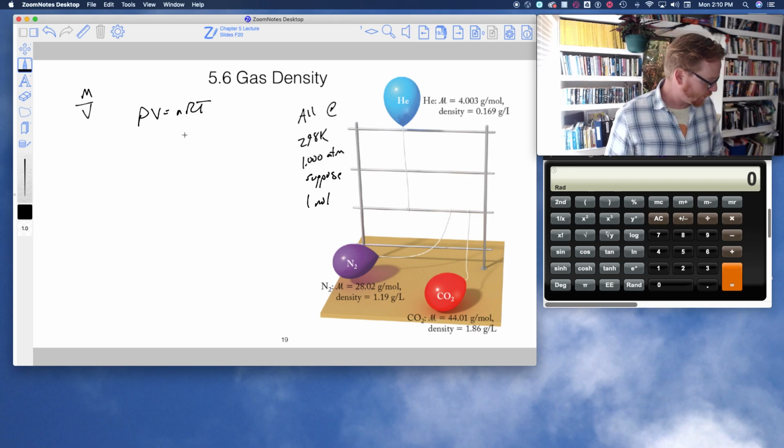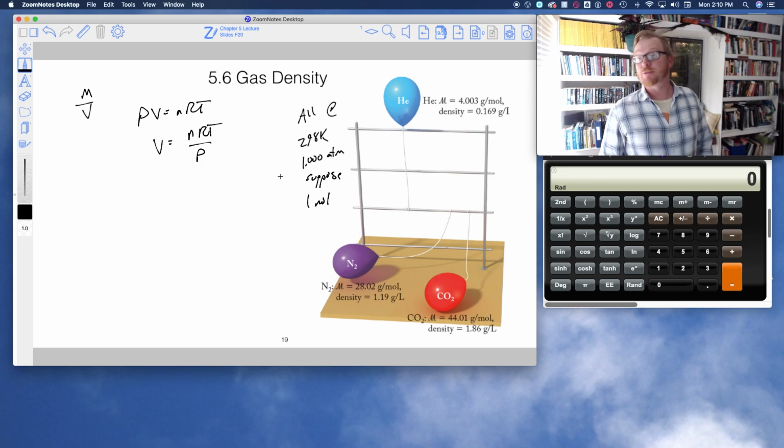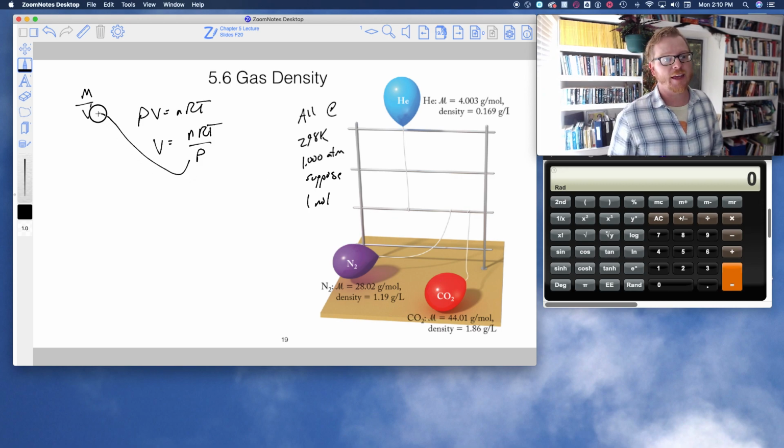So I'll solve for volume: volume is nRT divided by P. If I plug this in, I end up with density equals the mass of this object divided by